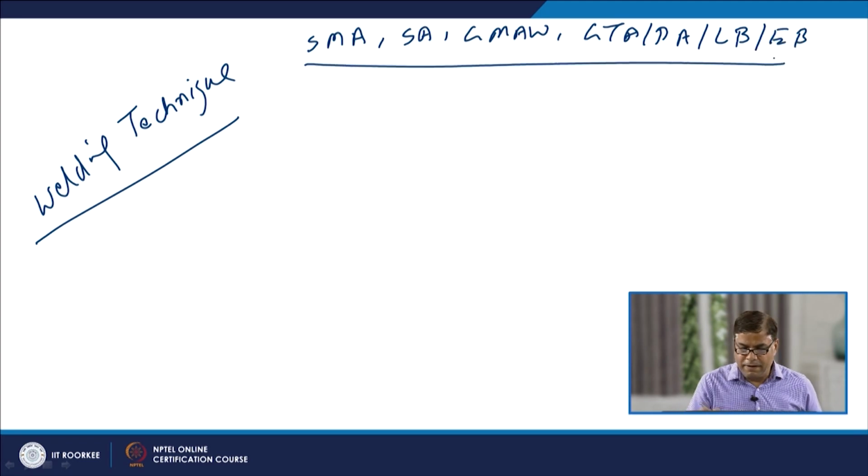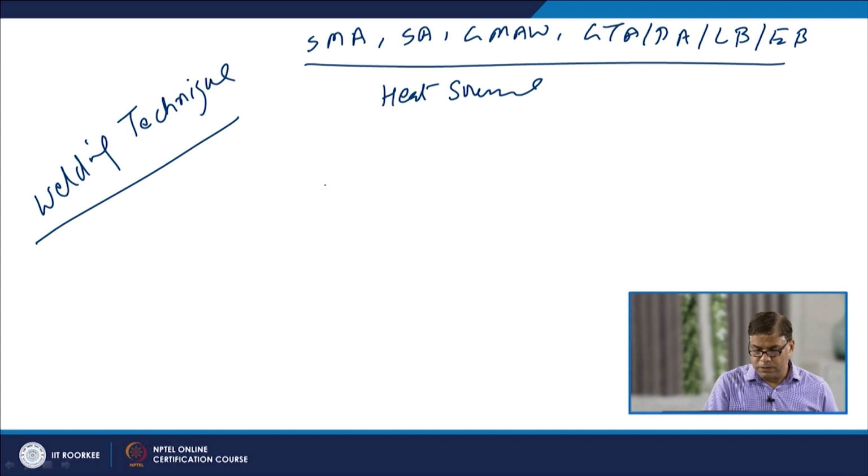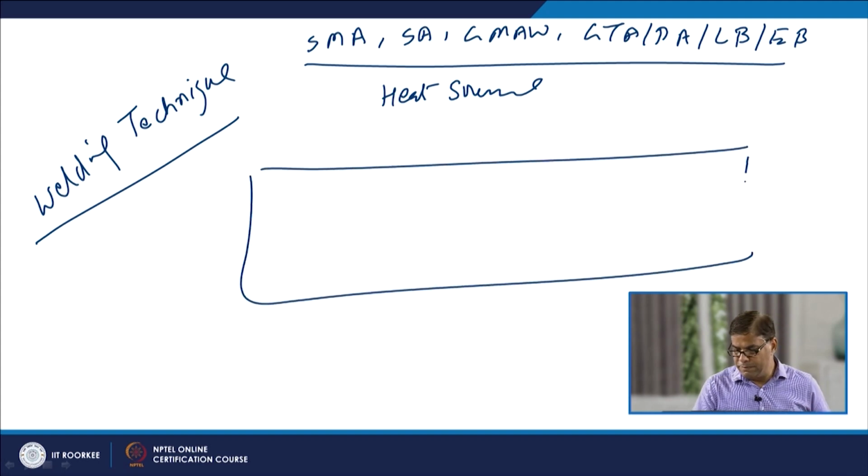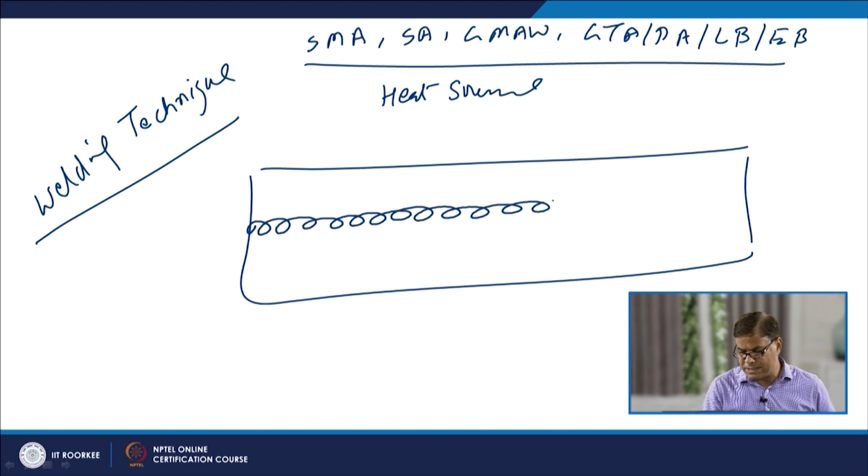But what matters is how the metal is applied and how the heat source is applied during the welding. If the metal is deposited by movement of the heat source along the weld line in a straight line,